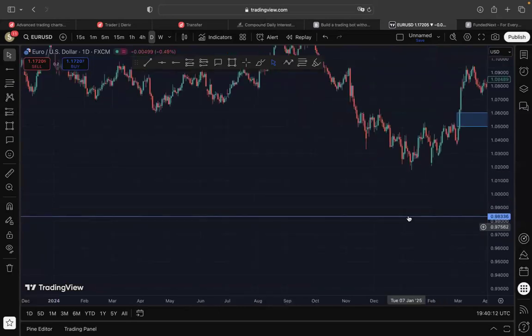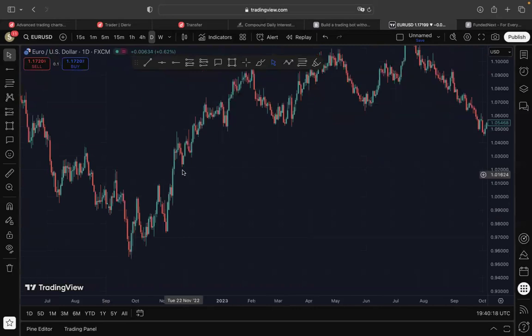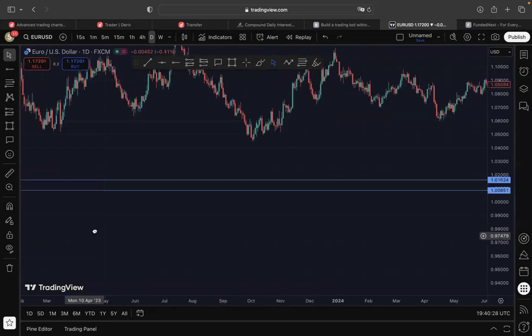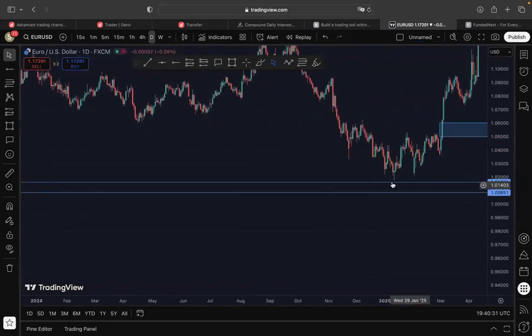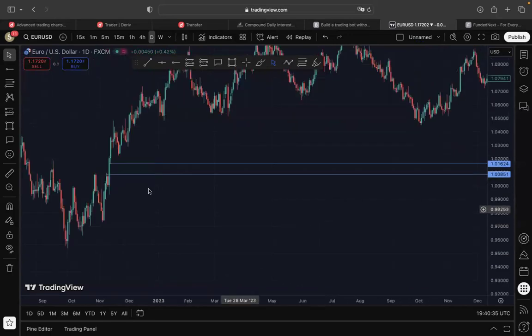But let's see what this level came to fill. Aha, there's another one here. We have a gap here. All right. Look at this. So one thing you should note is